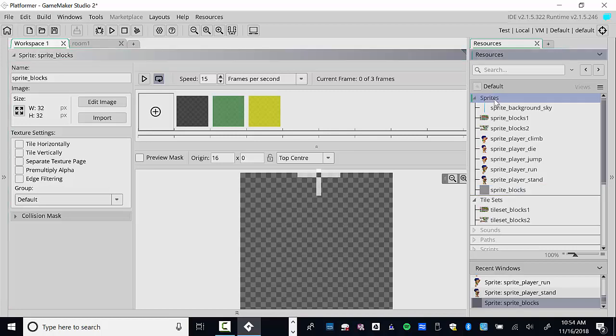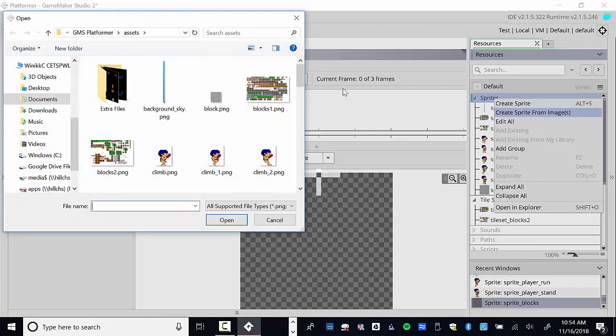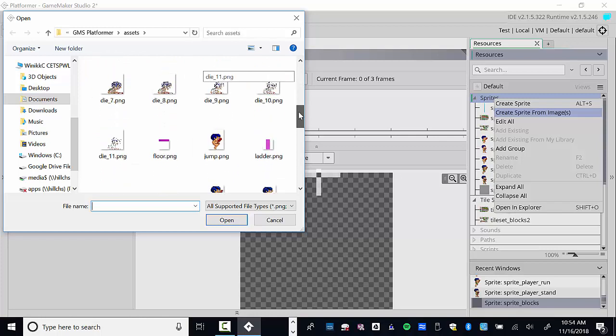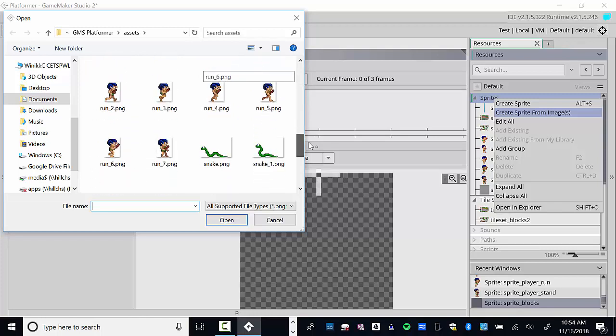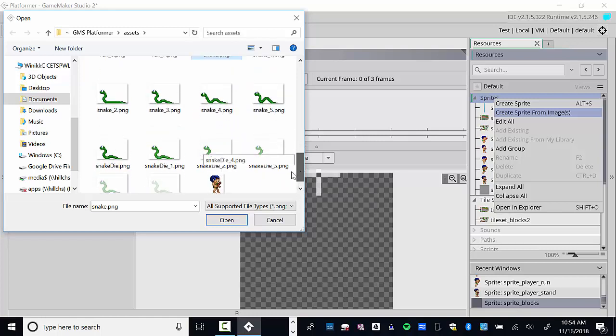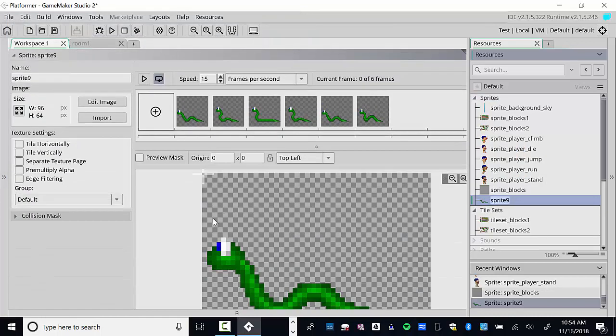And then you'll do the same for all remaining sprites that you see in here. Okay? So at this point, all we have left now are the death, the floor, the ladder. Oh, the snake. Oh, we need our snake. So get all of those. The snake, anything that has a snake, 1, 2, 3, 4, 5. We have a snake die. So any of these, you can use these names to help you know which way you're doing it. So we have snake, sprite snake, and then